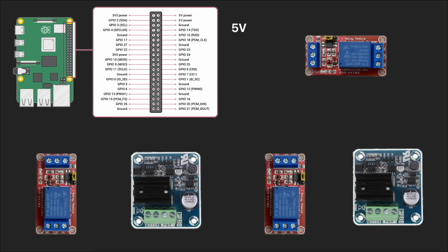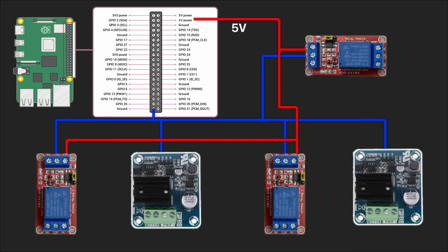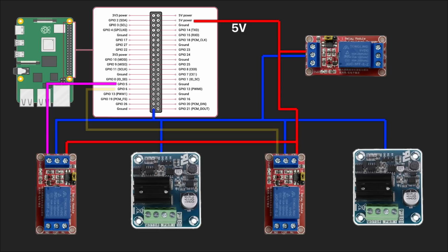All of these components require ground. So I will create a ground bus analog, a single wire from Raspberry Pi to the ground pin for each element. Next, I will connect a 5 volts input from Raspberry to relays. These relays will be controlled by GPOs 5, 6 and 7. So I am connecting the input pin of relay 1 to GPO 5, relay 2 to GPO 6 and relay